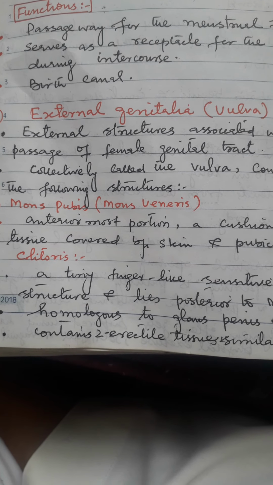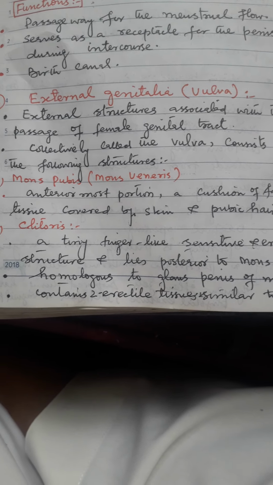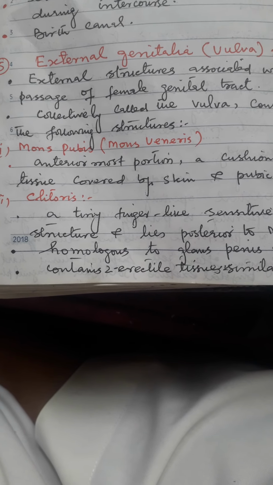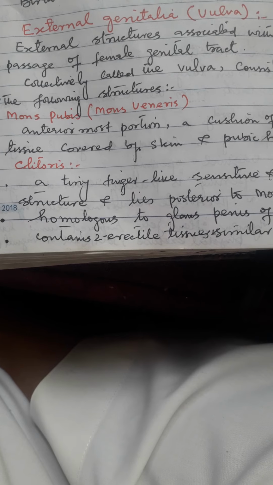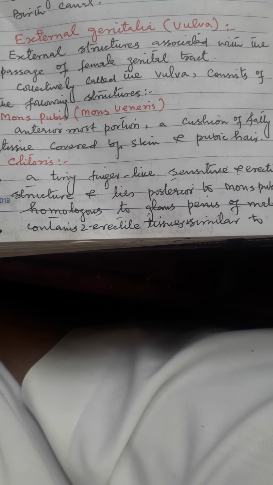Now mons pubis. It is the anteriormost portion. It is actually a cushion of fatty tissue covered by skin and pubic hair. Now clitoris. Clitoris is a tiny finger-like sensitive and erectile structure and lies posterior to mons pubis. It is homologous to glans penis of male. It contains two erectile tissues similar to